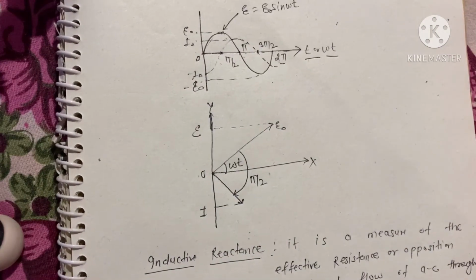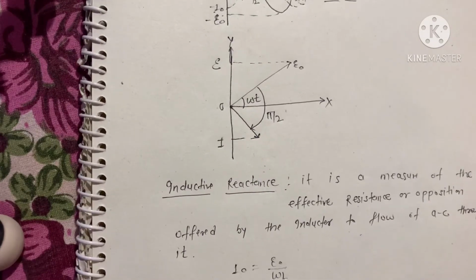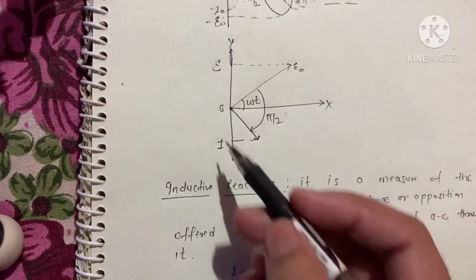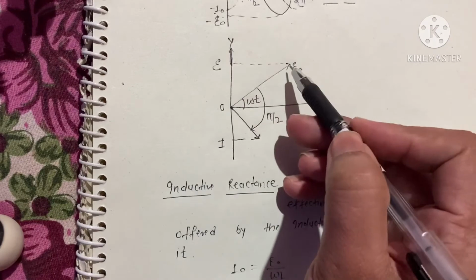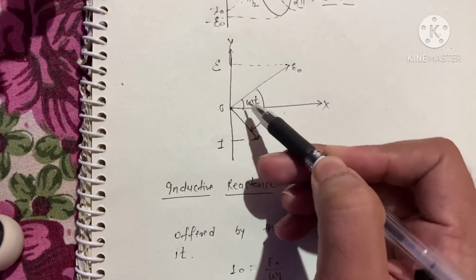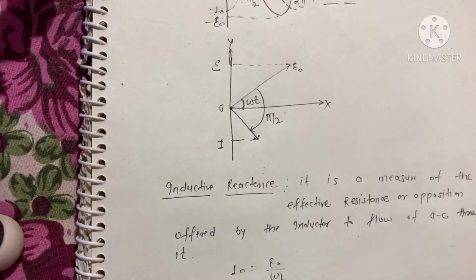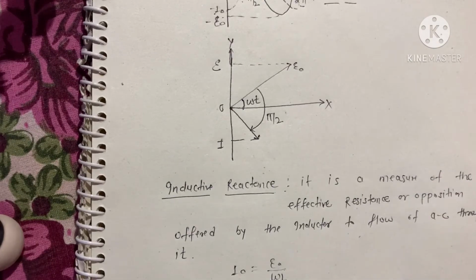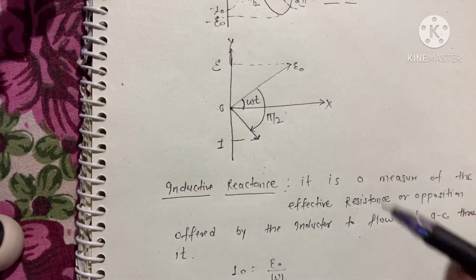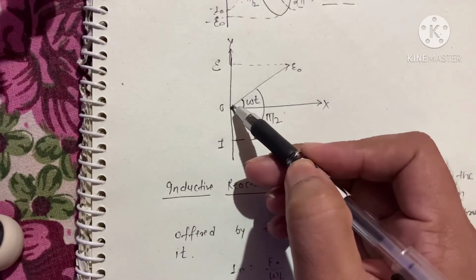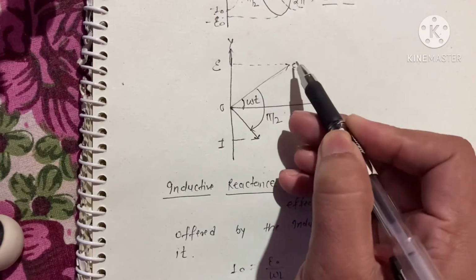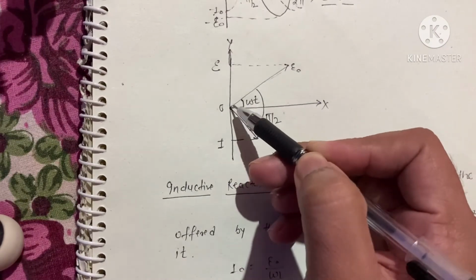Now, the phasor diagram. Students, for the phasor diagram, last time I told you, draw the x and y axis. This is 0. First draw the EMF line. Suppose this is the EMF at an angle omega t, because the coil is rotating. Remember that concept; you can see that video also. This is E naught, the maximum value. You can compare with the equation.